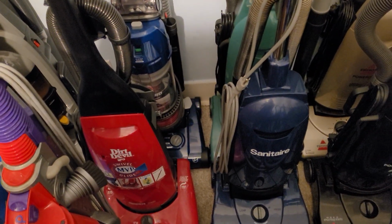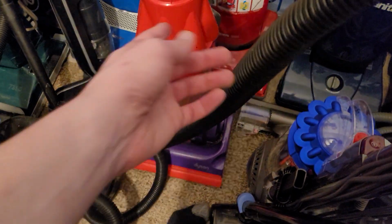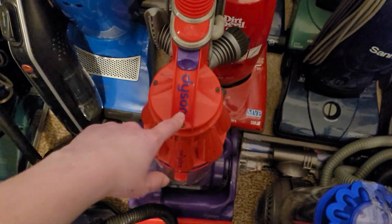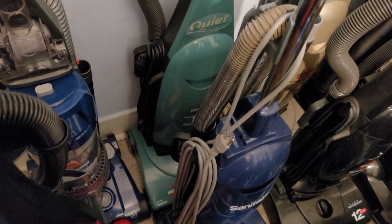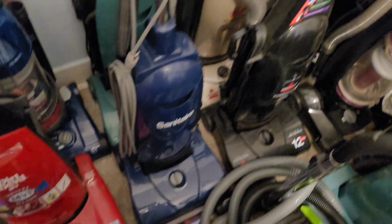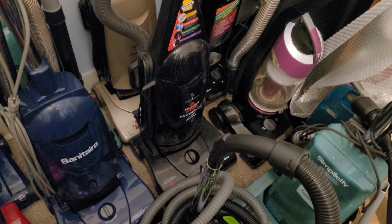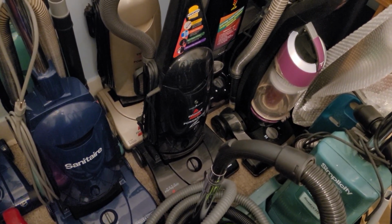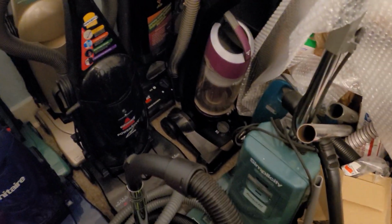Here's my blue version of the Elite Rewind, my Silverglide MVP, my other DC07 Low Reach. This is the one that I've had for a few years. And the other one is the one I got from my local vacuum shop. My Bissell Power Glide 3545, my Sanitaire SF4110A, my Bissell Power Glide Ultra, my original Bissell Power Force 3522-5, the one that I've had since 2008. So this thing has been in my life for a number of years. My Bissell Power Clean,